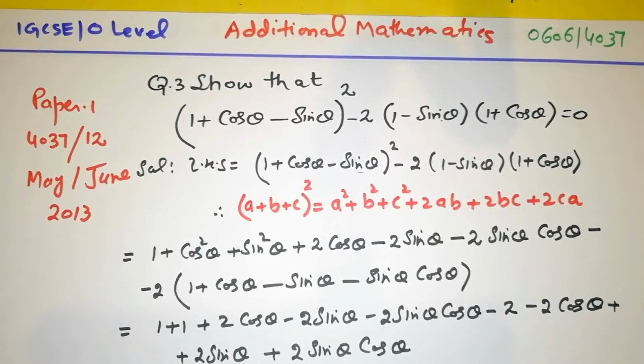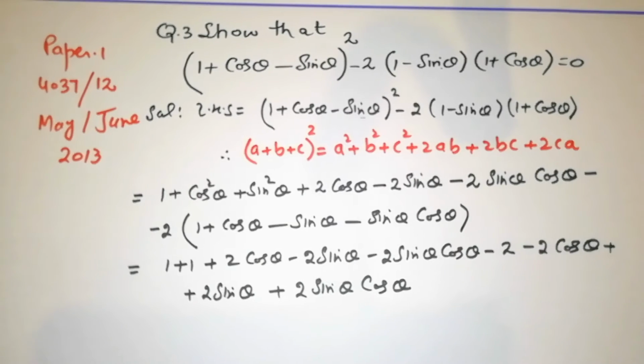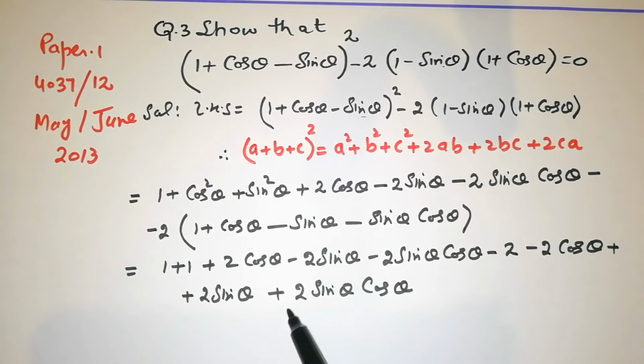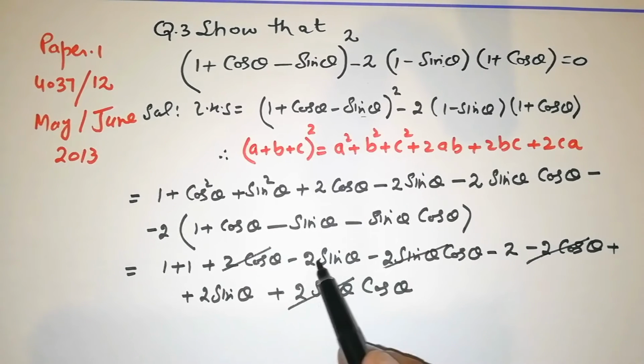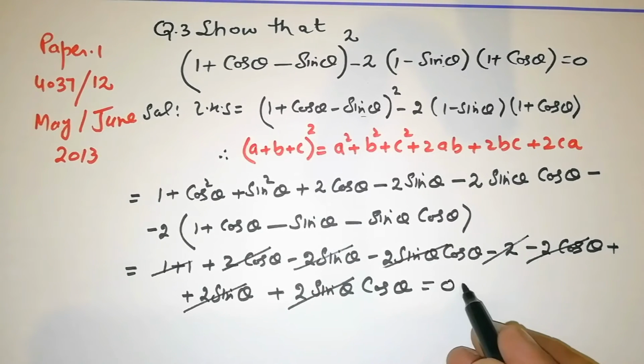So students, we shall see how many terms are cancelled out here. This plus is cancelled out with this negative term. This minus 2 cos theta is cancelled out with this one. This minus 2 sin theta is cancelled with this one, and that minus 2 is cancelled out with this one. Therefore we get right hand side 0